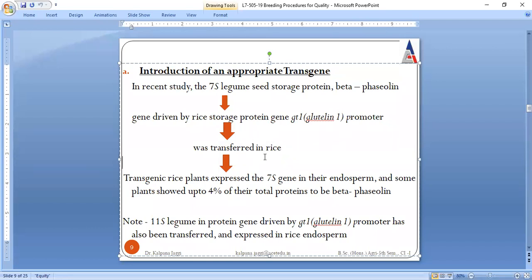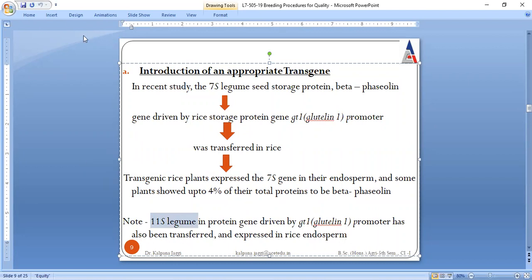When it was transferred in the rice, then the modified rice, that is the transgenic rice, often expressed the 7S gene in their endosperm. Similarly, 11S legumin protein gene delivery has also been transferred and expressed